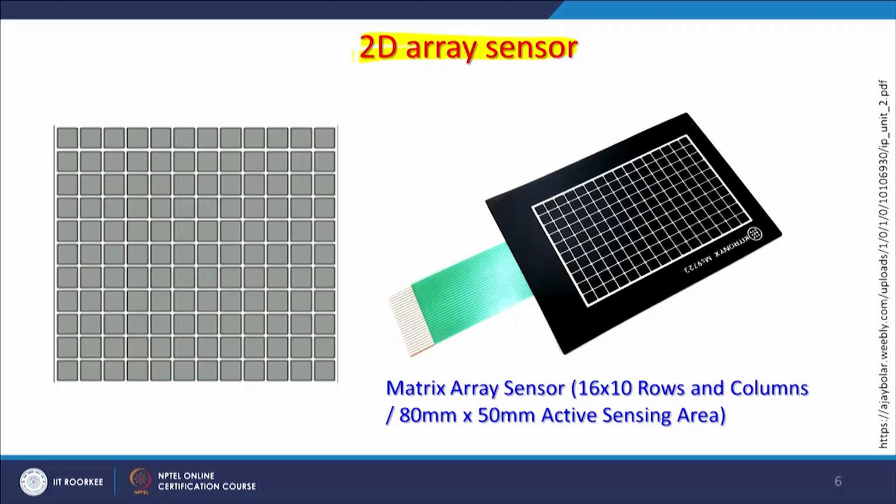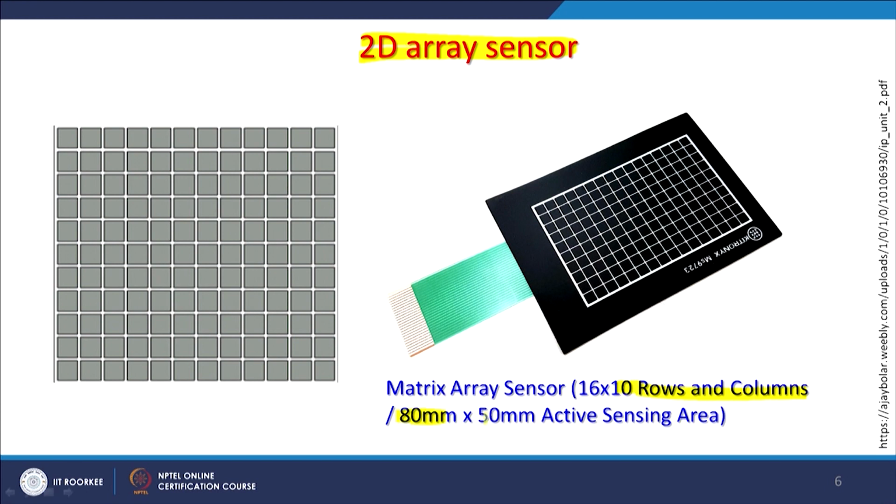So, it is a solid state and a linear sensor, most common nowadays in the camera or sensors on board of different satellites. Now, for snapshotting devices or digital cameras which are on board of satellites, they use the 2D array, a two-dimensional array sensor, which has rows and columns, and these CCDs are arranged in a 2-dimensional matrix. The real example is shown here, that matrix array sensor of 16 by 10 rows and columns, which is